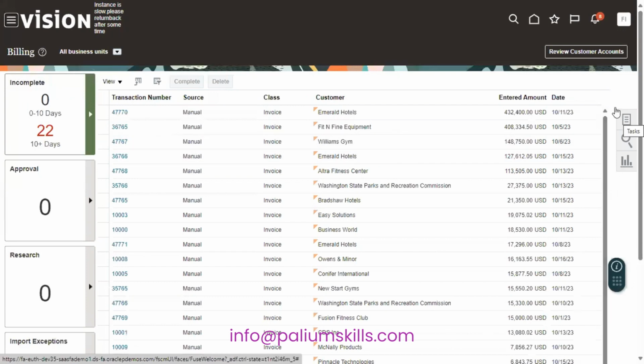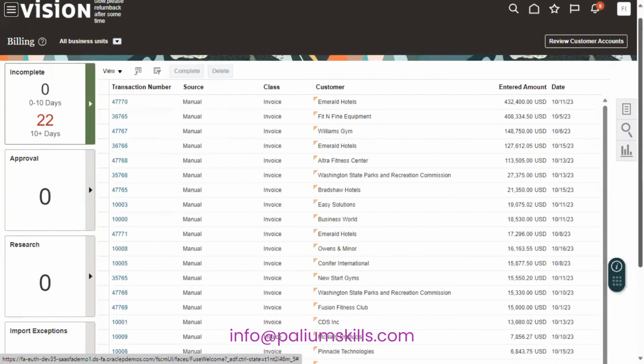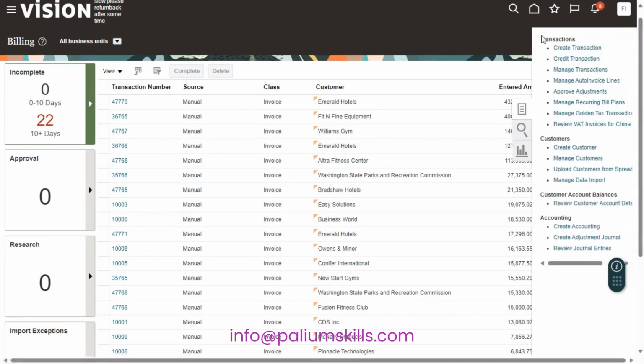On the task here, this is again the dashboard where you get the summary. 22 invoices are incomplete, approval, research, how many import exceptions, etc. Import exceptions is automatic. You are importing the invoices from other systems. Now here, when you click on the task, you will see a section for transactions. In